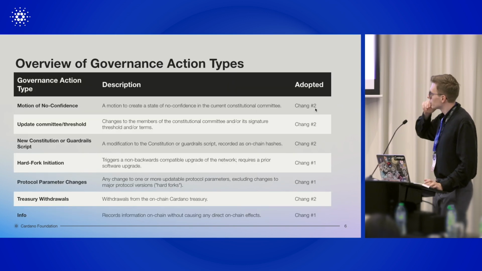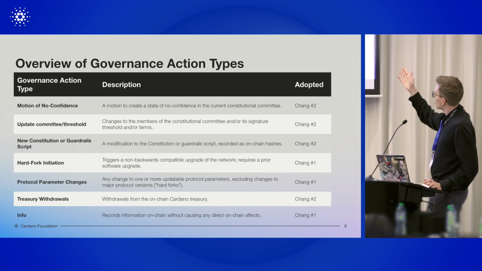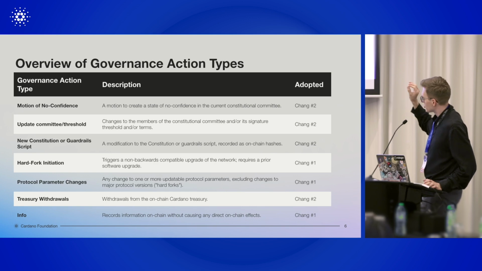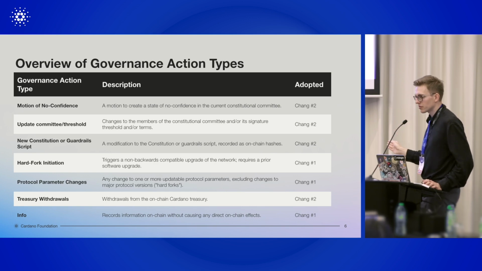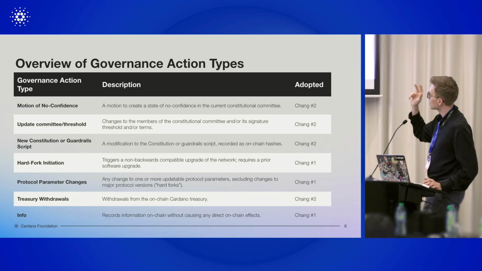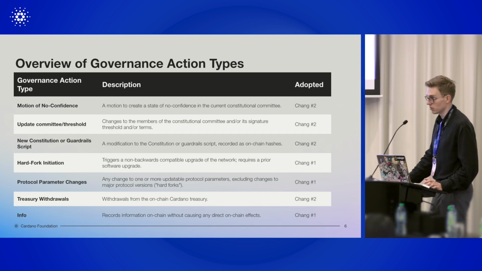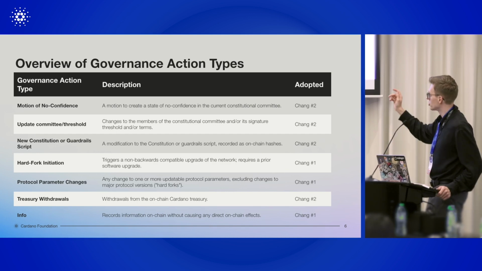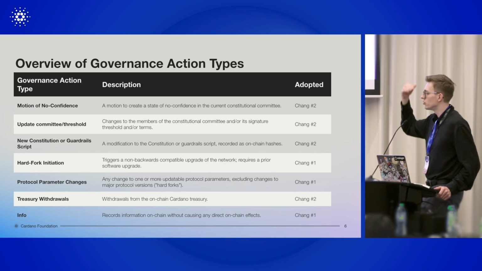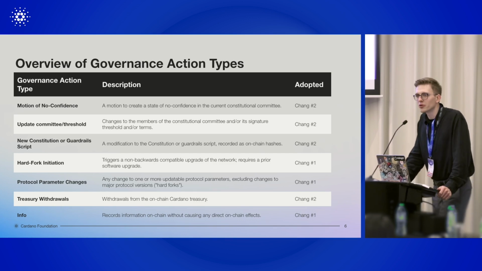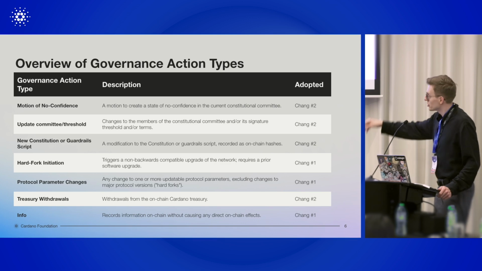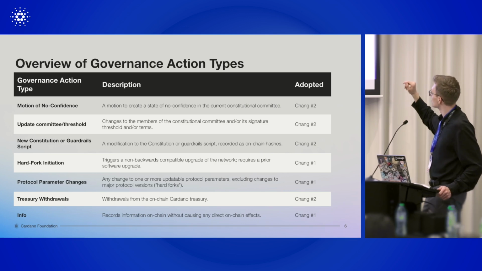Good. And now also really briefly, we have 7 governance action types. And as you can see right now, we're after Chang number 1. We're in the bootstrapping phase of governance, and there are currently 3 governance action types that are available and that can be proposed on chain, which is info action, protocol parameter changes, and that's a very important one, and of course the hard fork initiation, because you need to also, of course, have a way how you can initiate the next hard fork, which is the Chang number 2 hard fork, which will introduce all the other 4 governance action